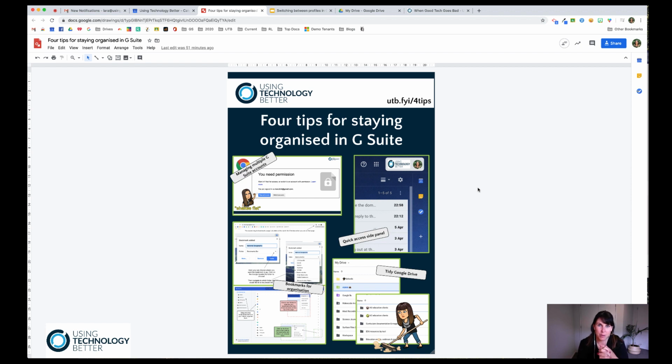So the first one I want to talk about is managing multiple G Suite accounts. If you, like me, have a couple of different Google profiles, a personal one and a work one, then it's really important to be able to switch between them easily without getting permissions and things all messed up. So you'll notice up here in the menu for Chrome, I've got my little picture here,